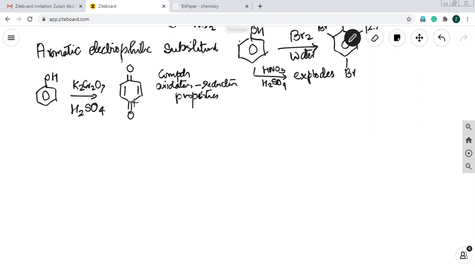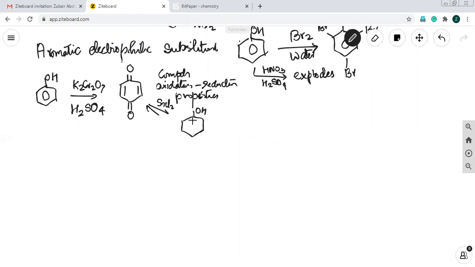You are going to come across many of these types of reactions. Now, what is the oxidation-reduction property? It can transfer. You can reduce this. If you treat this with any reducing agent like SnCl2, this will undergo reduction to form